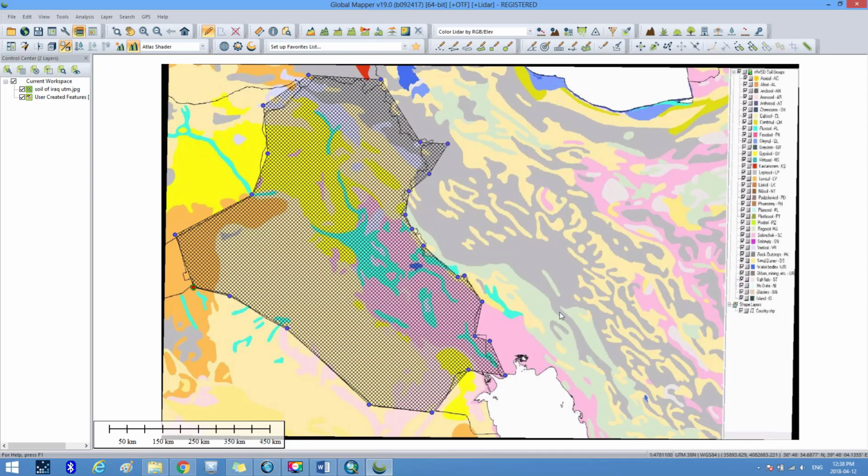Then we press save and then close the Global Mapper program, and we go to the map